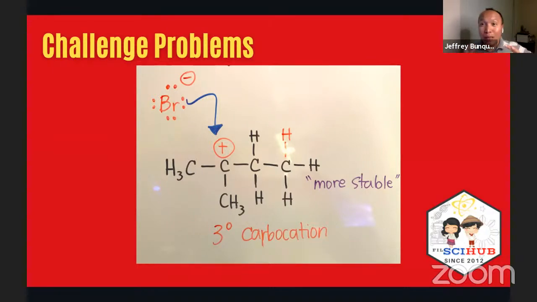Kaya po pinapakilala namin sa inyo yung konsepto ng stability. So most stable is a tertiary carbocation. Therefore, nature or your active species will find a way, if possible, for it to form the more stable one. Kasi meron din naman pong mga rules that will not make it possible for things to actually shift. So, gaya nga po na sinabi ko kanina, hindi pwedeng yung hydrogen dito sa gilid ang mag-move dun sa gitna kasi it's forming a less stable intermediate. So you have to be mindful of these rules po when it comes to rearrangement. So hindi lang po siya proton, even alkyl groups, kahit po methyl group can actually move to form the more stable